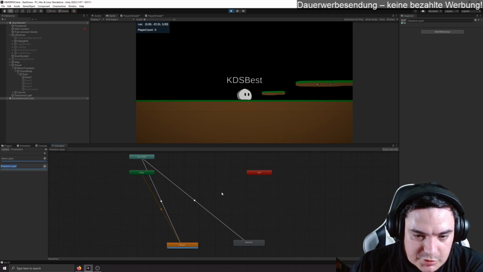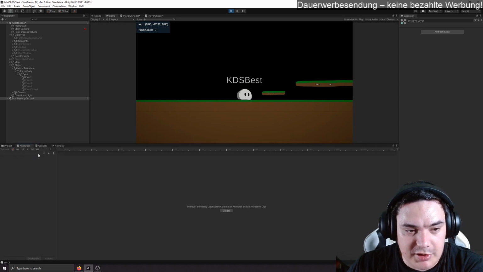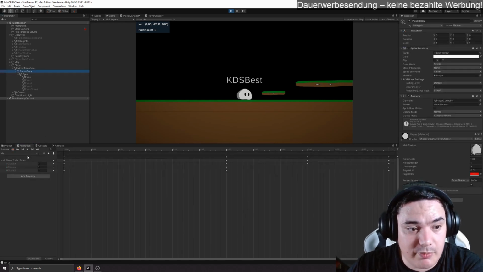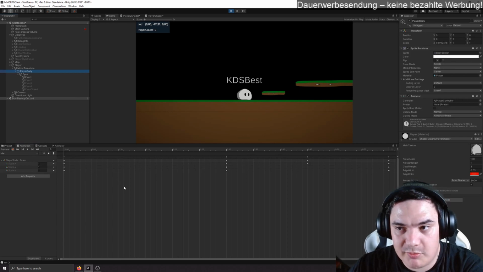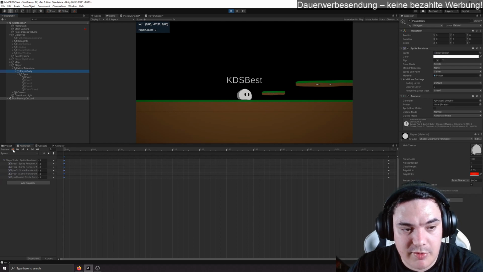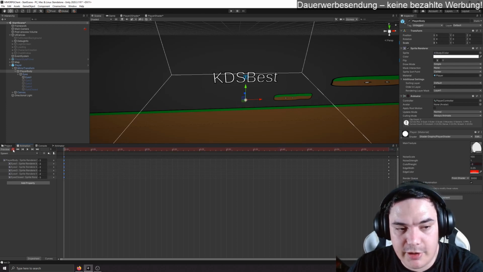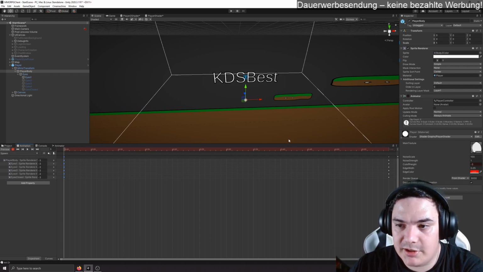I just wanted to show you that you don't need to write any code to make some animations of values in Unity, and I highly recommend you do them with the animation window and play around with it, because it's actually really, really great. You can press the record button here. Let's better not be in play mode. You can set it to a position where you basically want to add a keyframe, and you can press the record button, and when you change some values, for example,